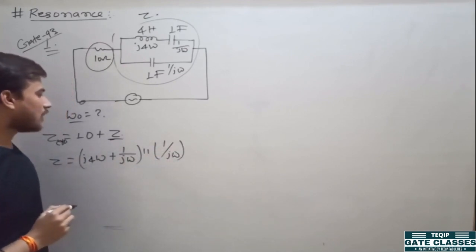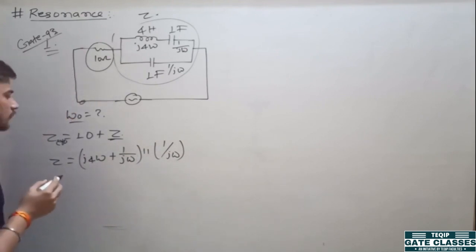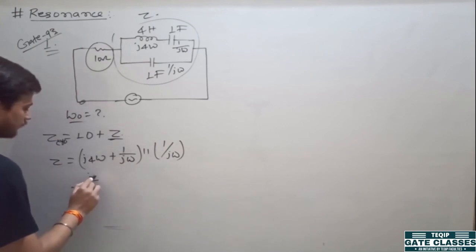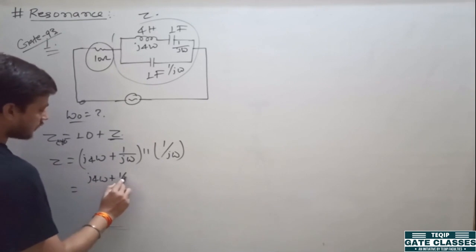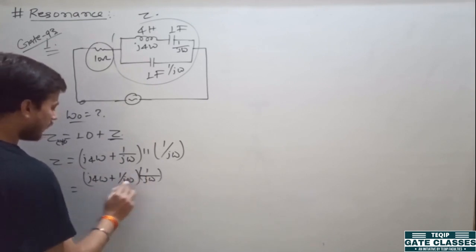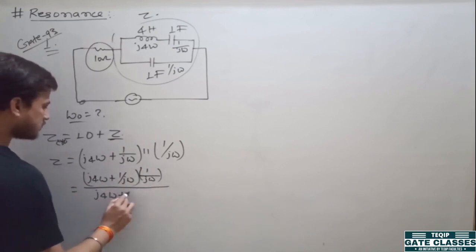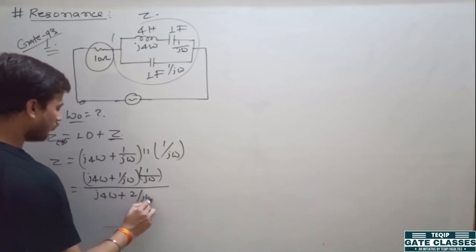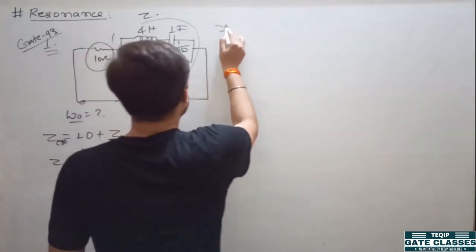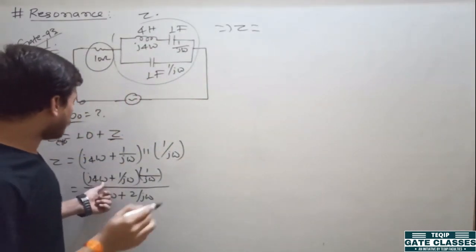So if you write the value, it will be (j4 omega plus 1 upon j omega) into 1 upon j omega, divided by (j4 omega plus 2 upon j omega). So from here you get Z will be equal to, here it will be 4 plus,